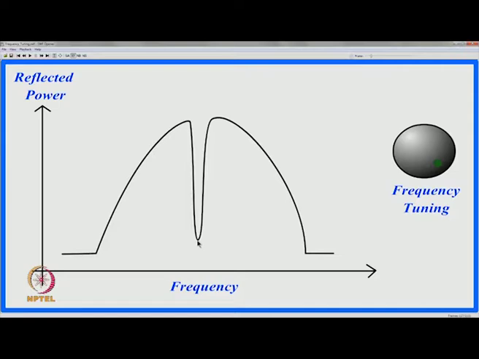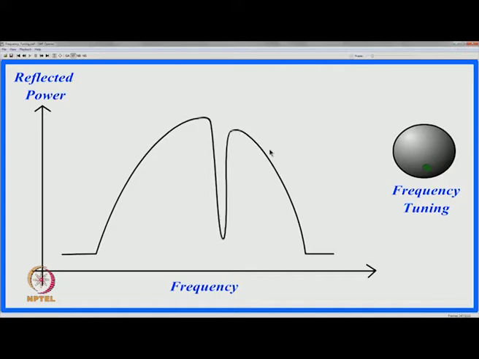Now, depending upon the voltage, this can be anywhere in the profile of the klystron mode. For example, here, this is the frequency of the cavity, which does not change. What is changing is the condition of oscillations of the klystron. As I change the reflector voltage, the position of the frequency here appears to change, but keep in mind that the cavity frequency does not change. It is the klystron that is giving out that voltage, and that voltage is changing.